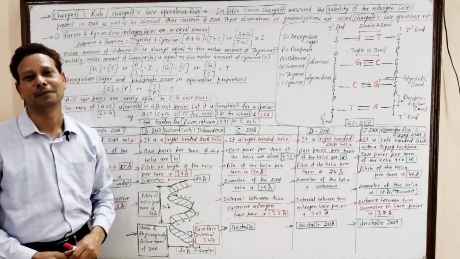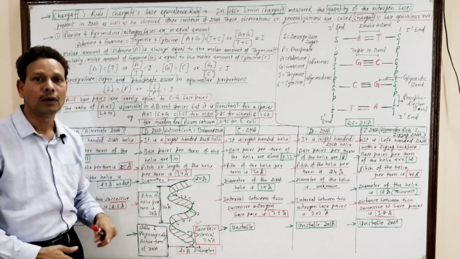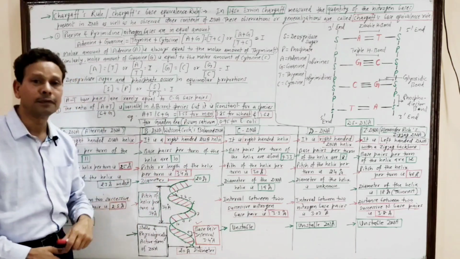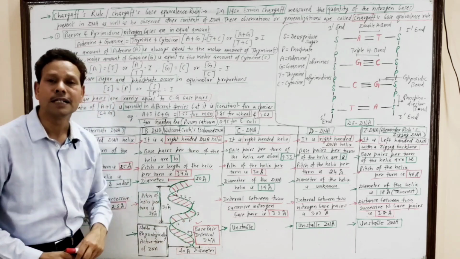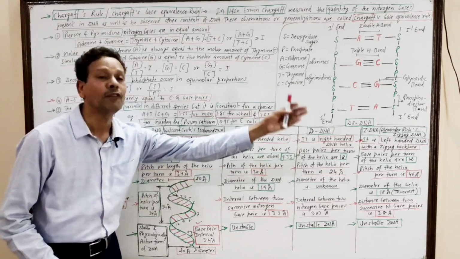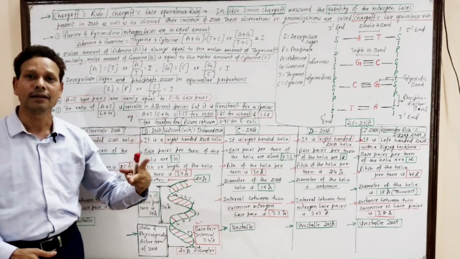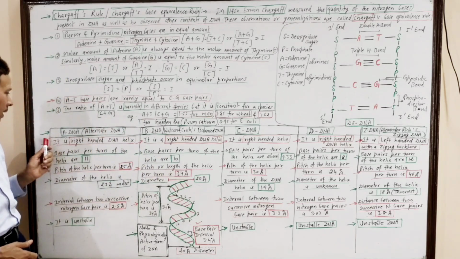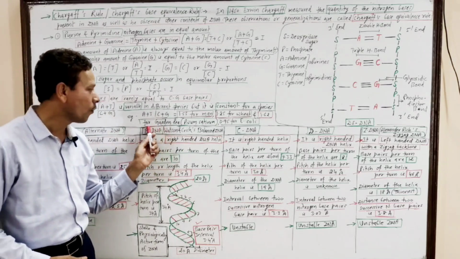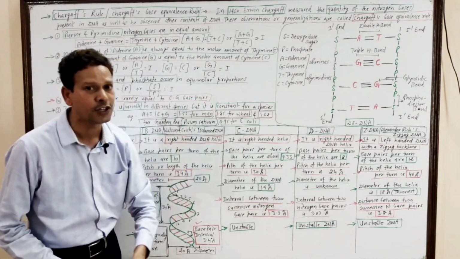On the basis of the diameter, on the basis of the coiling of the DNA duplex, and on the basis of the number of nucleotides, nitrogen base pairs in a turn, we have studied different types of DNA. A DNA is the alternate DNA, a right-handed DNA duplex. B DNA is the Watson and Crick balanced DNA, the stable DNA, the physiologically functional DNA.